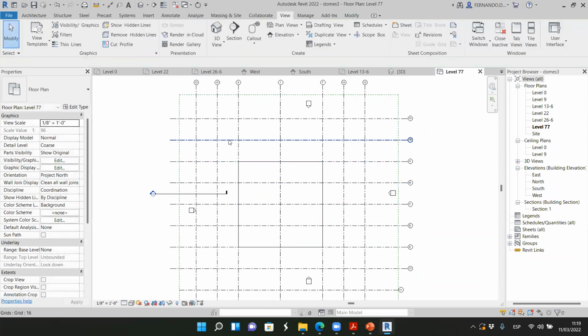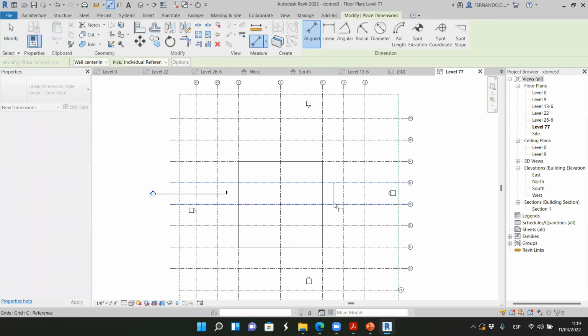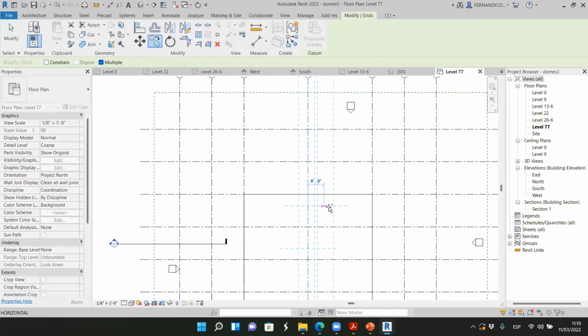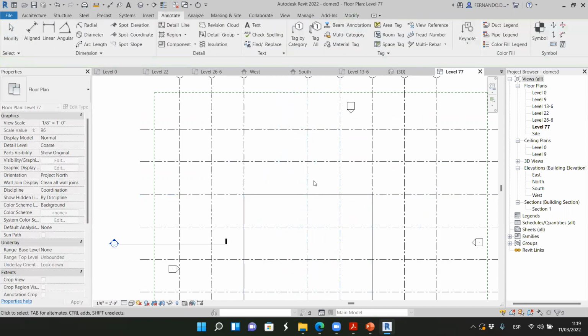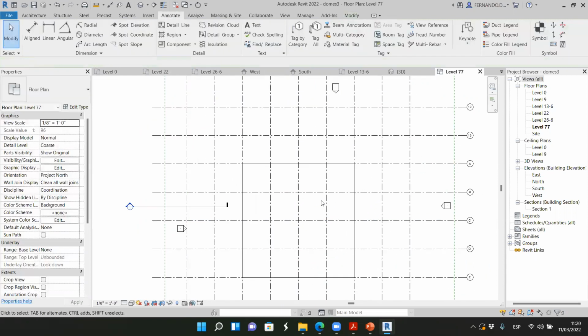Okay, so now I have created that square around it, and I want this. Okay, so what's the distance between this? It's 18 too. Okay, so copy this one, 18. And 18. So basically I have created an 18 by 18